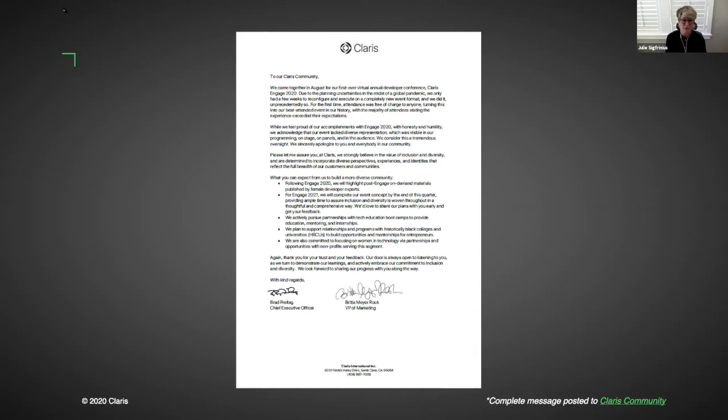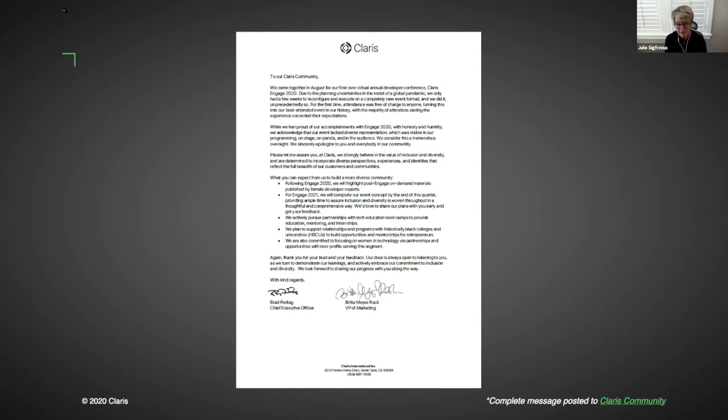I just genuinely want to share with you, as someone who's worked for this organization for many years, that I don't feel that way as a female working within the organization. That said, we are taking an initiative at the highest levels of the organization to prioritize inclusion and diversity within and throughout every level within Claris. And that will be felt both internally and externally.